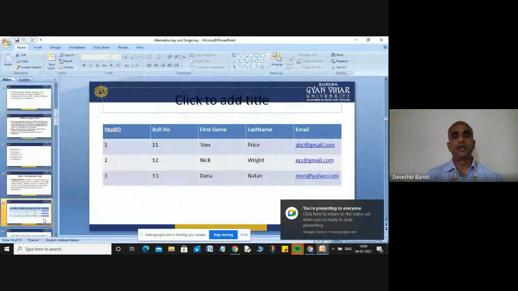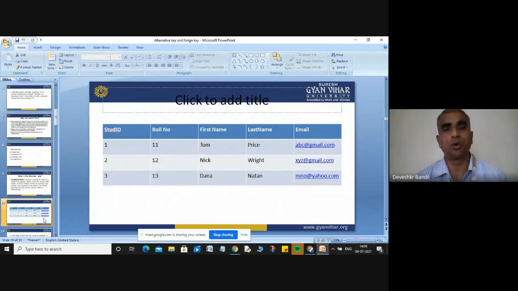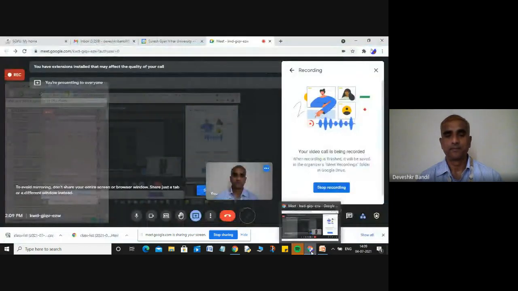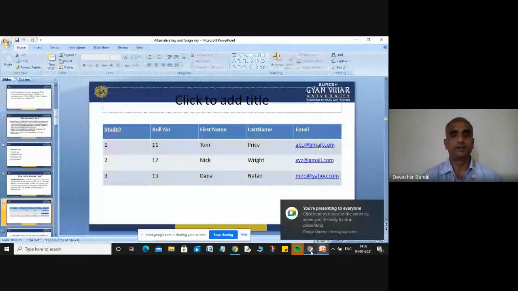And now here I have taken a table with four records. The columns are student ID, roll number, first name, last name, and email ID. The student IDs are 1, 2, 3, and the roll numbers are 11, 12, 13, followed by first name, last name, and email.